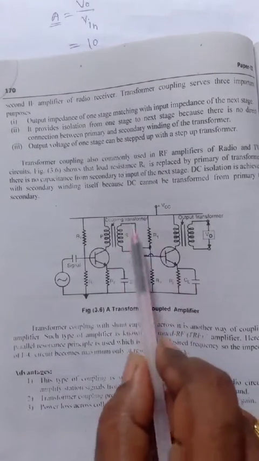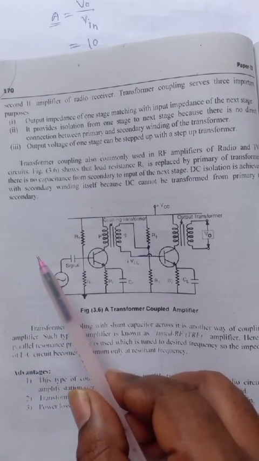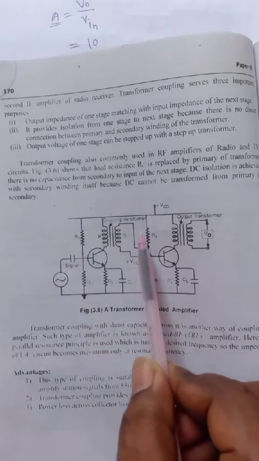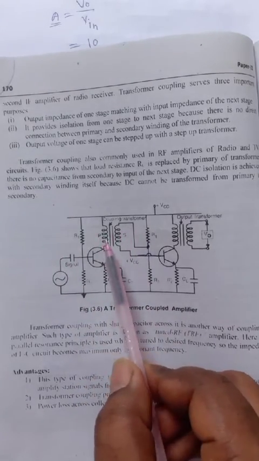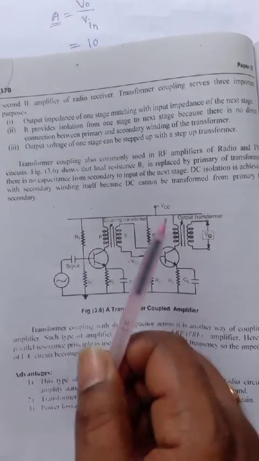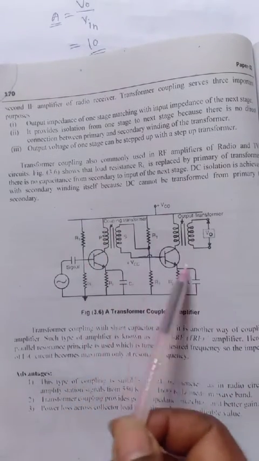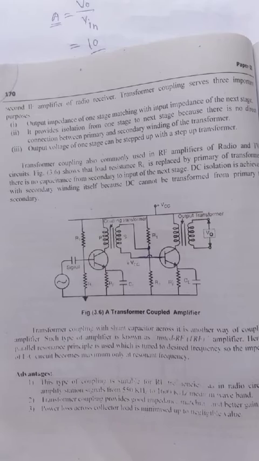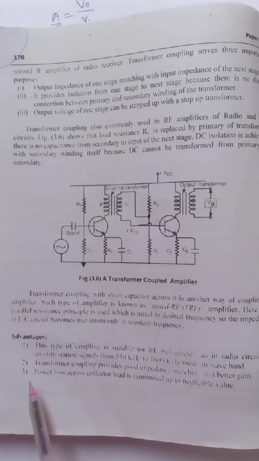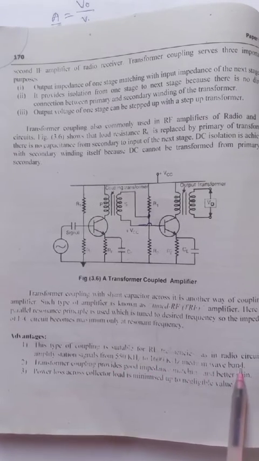Such as using tuned amplifiers. Tuned amplifiers means what? There is a frequency FM, 98.3 megahertz is the frequency of Radio Mirchi. So tuning means you only amplify the 98.3 megahertz frequency. That is the tuning. Let's see just an overview of this tuning. For such tunings we use transformer coupling. Here some advantages are given. It amplifies 550 kilohertz to 1600 kilohertz.